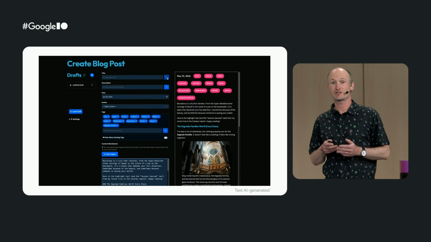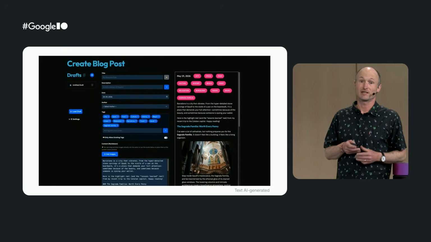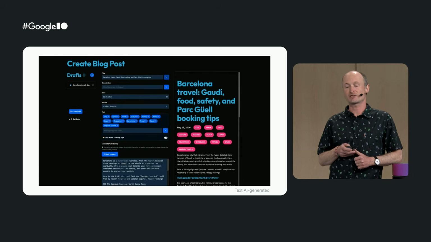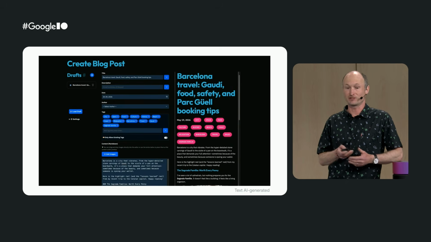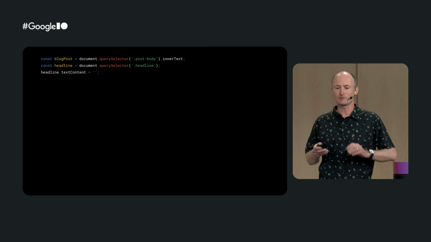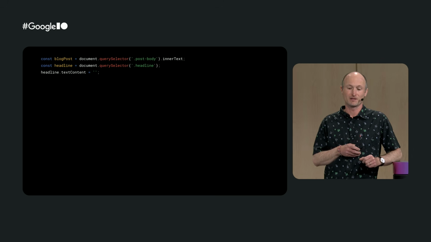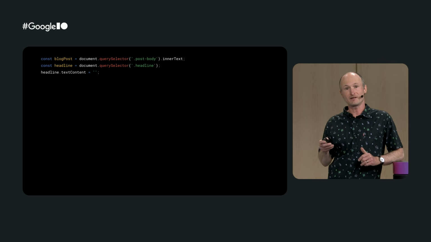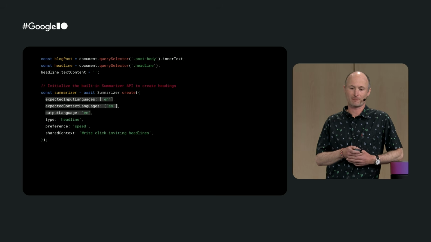First, to suggest titles for the blog post, and second, to make the tedious task of writing the meta descriptions a little easier. The actual code behind this feature is slightly more involved, but essentially, it all boils down to the following logic. First, we get references to the blog post text and the headline. As we're expecting a new headline from the AI, we delete the existing one.